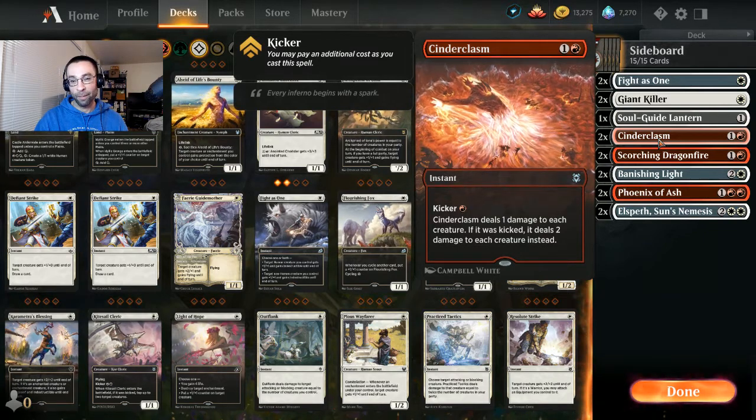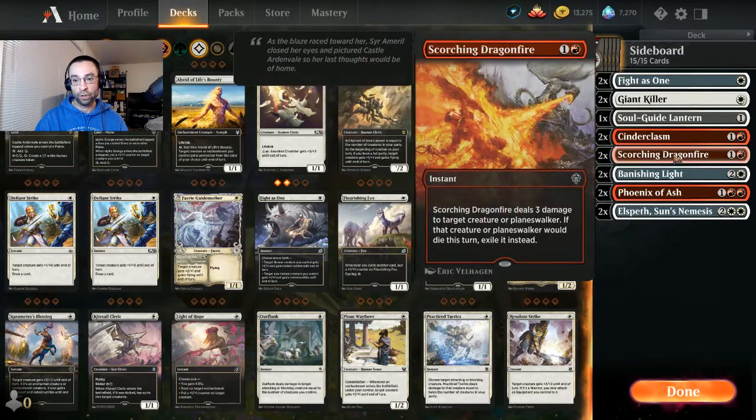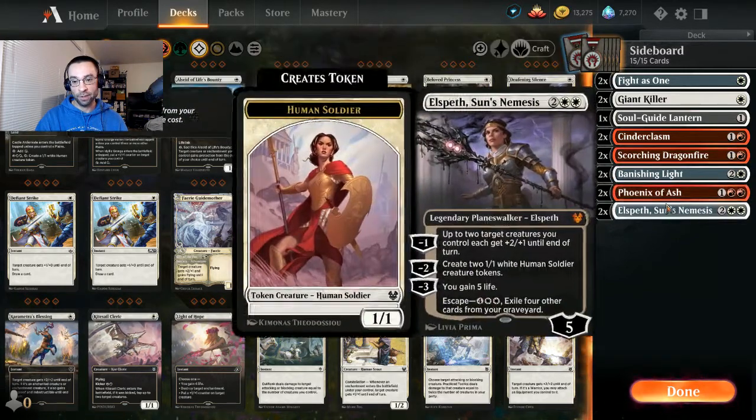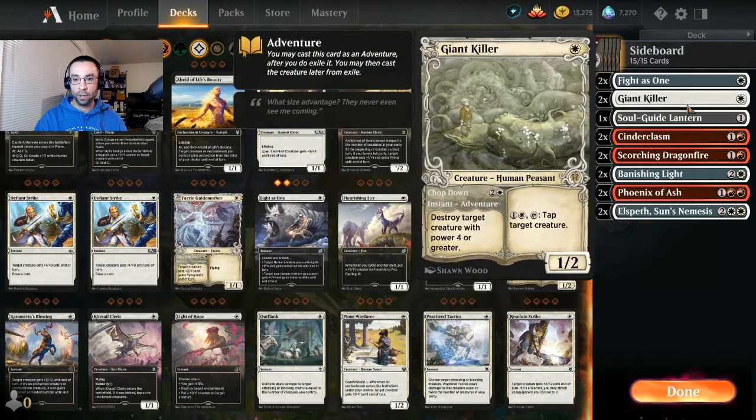I feel like we need some kind of effect like this, and we can still play around it. And obviously, rogues are such a huge menace as well, if you will. So having this little instant speed interaction to go with some of these anti-mill type effects seems pretty helpful. Giant Killer, since our creatures are a little bit smaller, feels